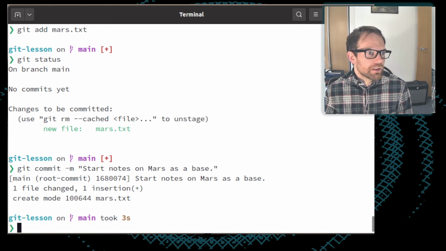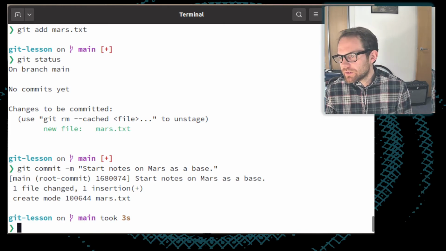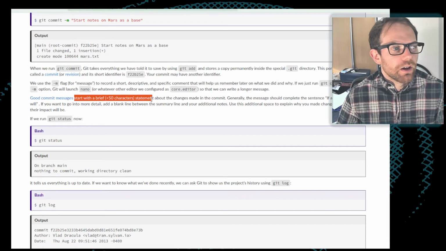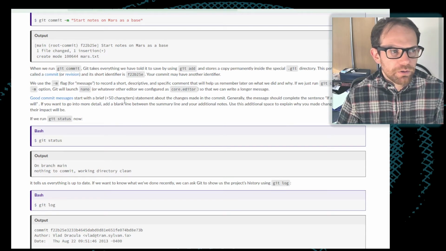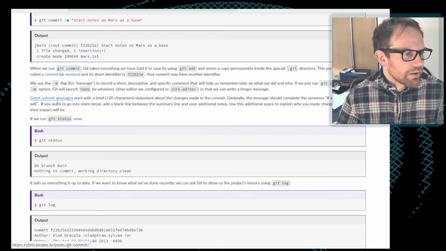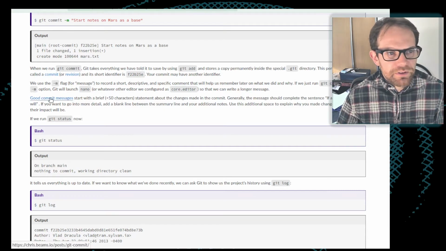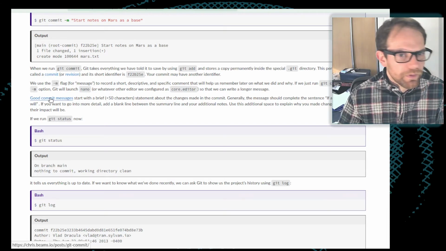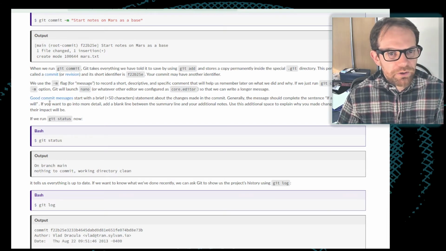The notes here tell you that good commit messages start with this brief statement, which is true. There are different conventions for writing commit messages, which you may or may not want to look up. The link in the notes will probably take you to a web page which discusses different conventions for how you should write these.